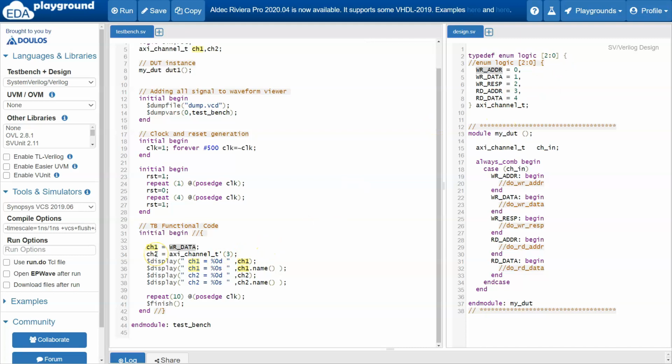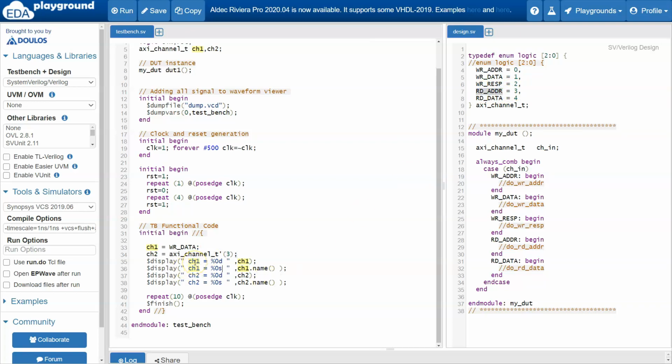Next, I wanted to assign a value 3 to the variable ch2, but since it is an enumerated type variable, you can't directly assign it the value 3. To do that, you have to typecast this 3 into this AXI_channel_T type, and this is how it is done. The actual type definition, then a single quote, and within the brackets give the value you want to assign. Here AXI_channel_T is the name of the typedef enum. By using this statement, you're typecasting this value 3 to this AXI_channel_T type so that it will be typecasted to rd_addr.